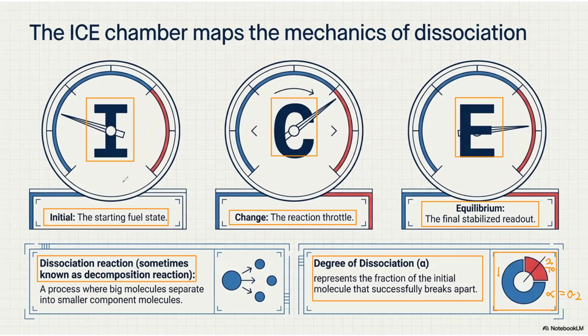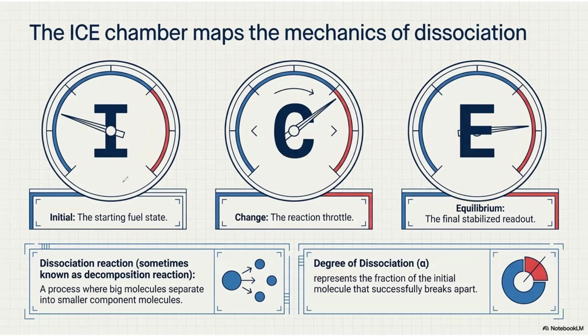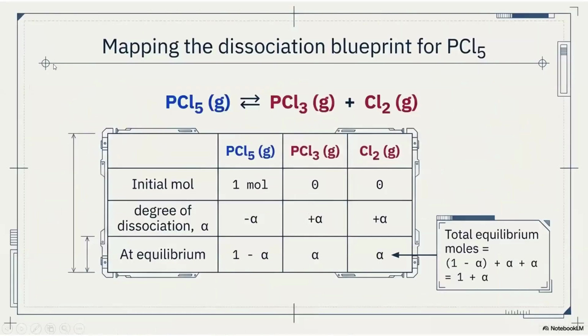Later I will show you how to get into the ICE system. Are you ready? If I just mention it like this, you probably won't be able to understand, so why don't I use an example to help you understand better? Let's say you have a dissociation reaction where PCl5 gives PCl3 plus Cl2, and you are going to apply the ICE table. Let's say your initial amount is 1 mole, where initially you don't have PCl3 and Cl2, that's why 0 and 0.